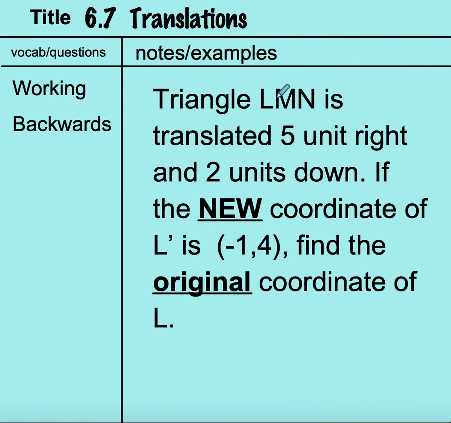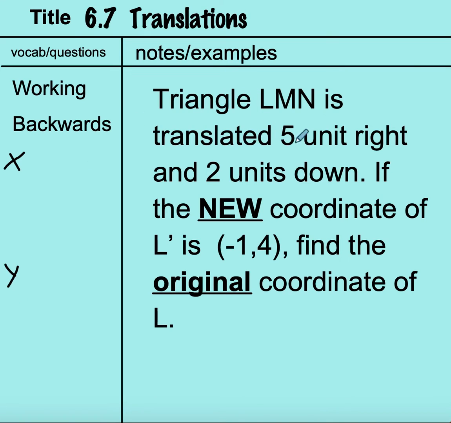So in this case, it says triangle LMN is translated 5 units right and 2 units down. If the new coordinate of L prime is negative 1, 4, find the original coordinate of L. So this is moving a little bit in reverse. It tells us where the new coordinate of the image is, and we have to find what the original coordinate was. So we think about what happened to get that new image. We had some x coordinate originally, and we had some y coordinate originally. We don't know what they were,